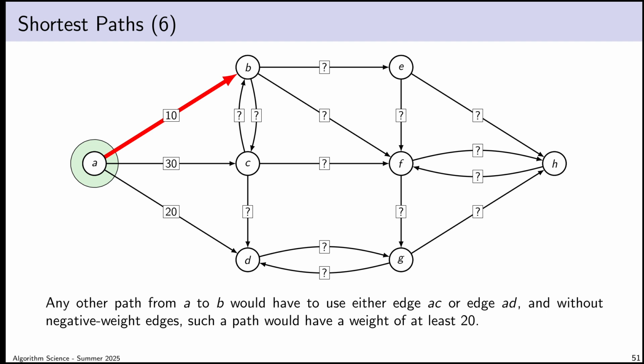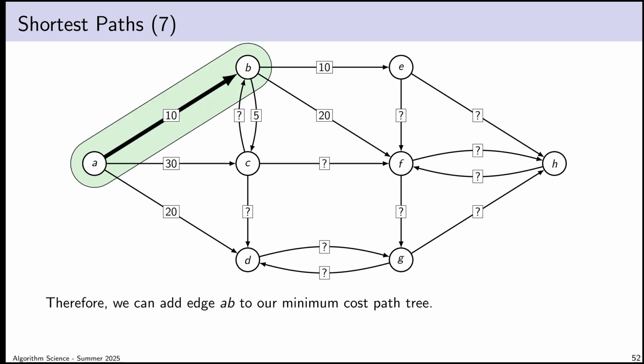And I can now try and use this observation to extend Jarnik's algorithm to the minimum cost path problem. Okay, so I lock in the path from vertex A to vertex B along edge AB as a minimum cost path. And then the question is, what vertex do I bring in next? To do this, what I have to consider is the total cost of travel to all vertices that are within one step of my tree.